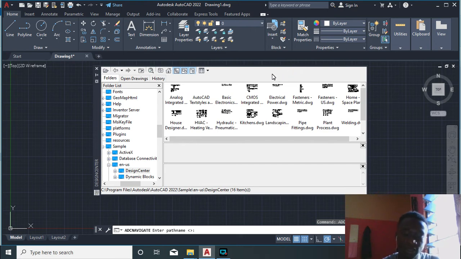That is what ADCNAVIGATE does. It directs the desktop in AutoCAD Design Center to the file name, directory location or network path you specify. That is what ADCNAVIGATE does. Okay,